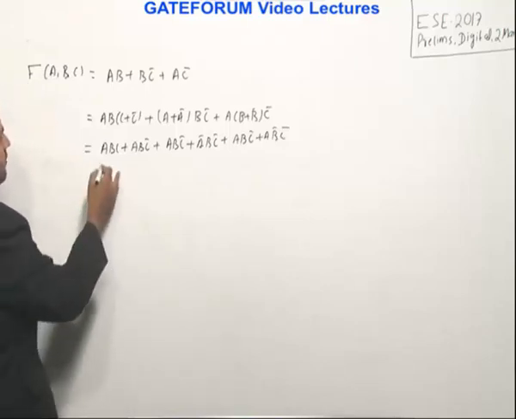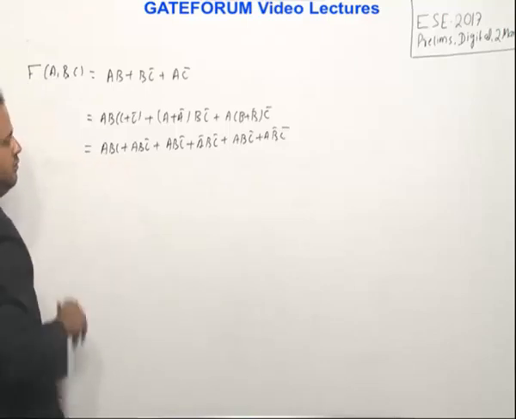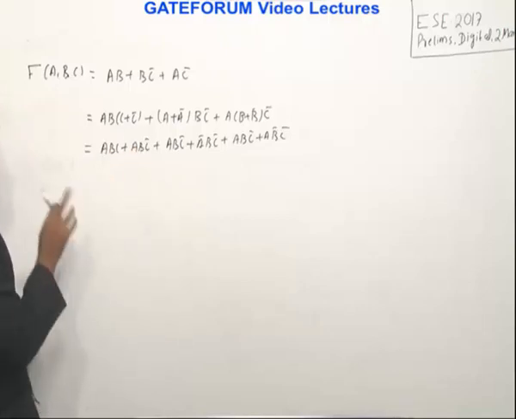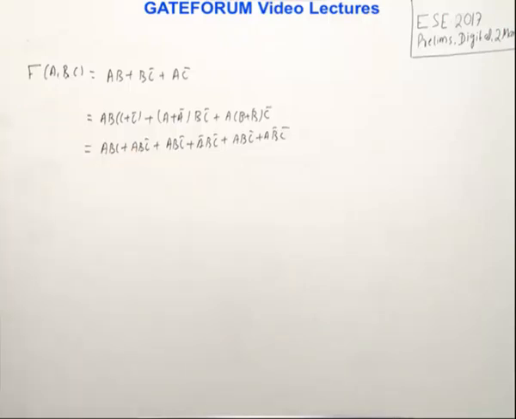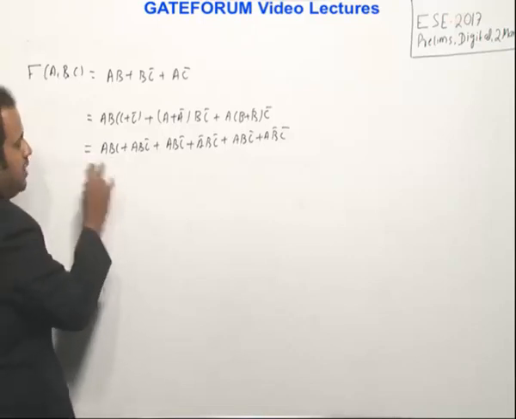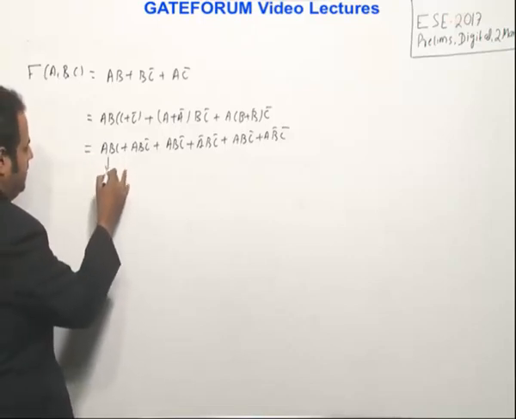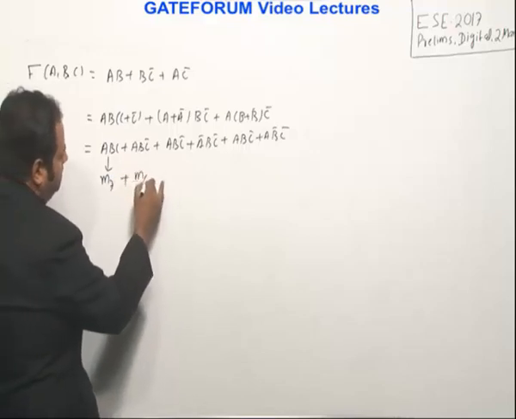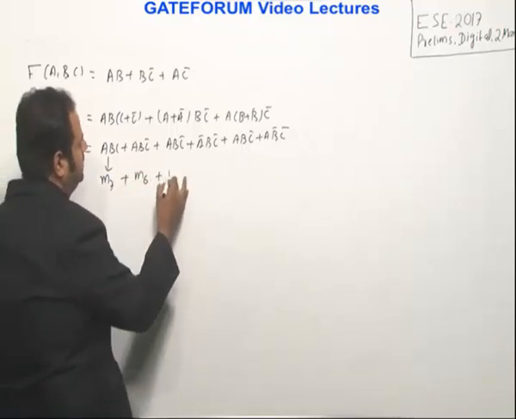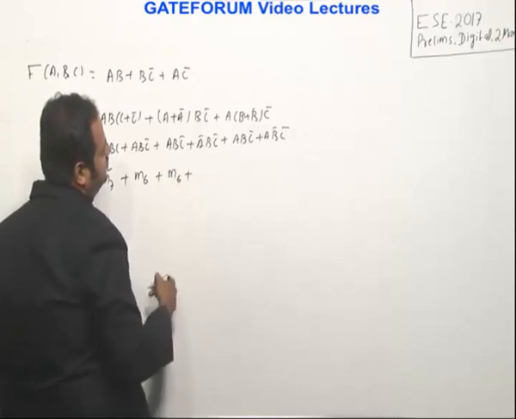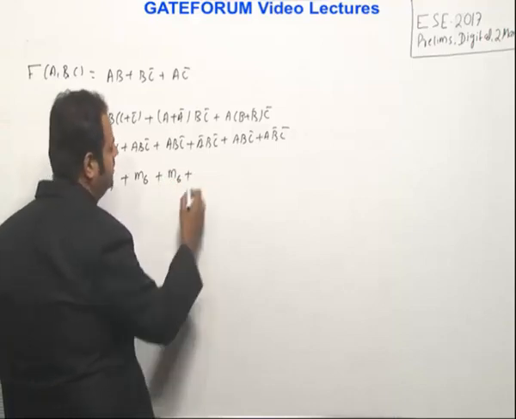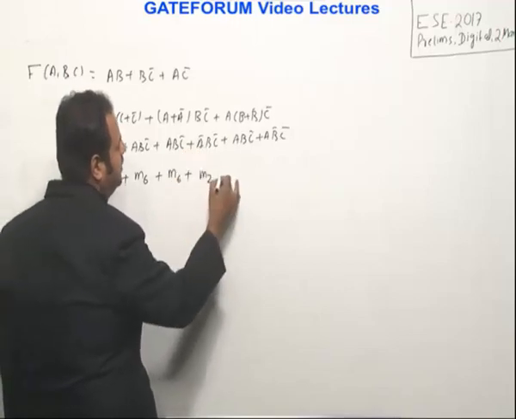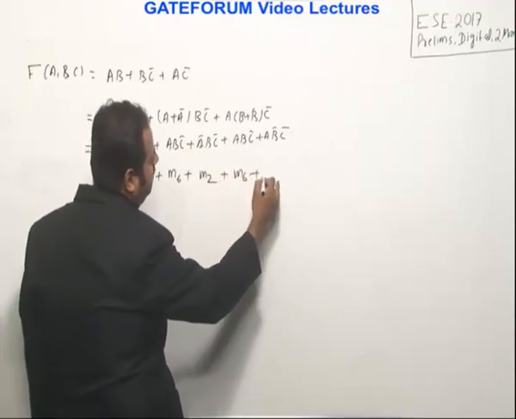Right. So what is the min term of this? This is 1, 1, 1, right? Because it is in the min term form, in the SOP form, a variable is treated as 1, and a variable bar is treated as 0. So if I replace all these by 1, 1, 1, I get 7. So this is min term 7 plus, what is this? 1, 1, 0, min term 6. What is this? Again 1, 1, 0 plus min term 6. What is this? 0, 1, 0, that is min term 2. So 0, 1, 0. What is this? Again min term 6.